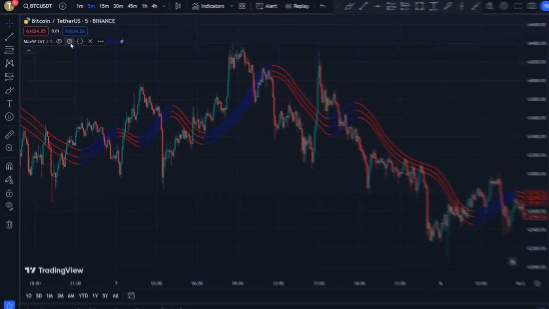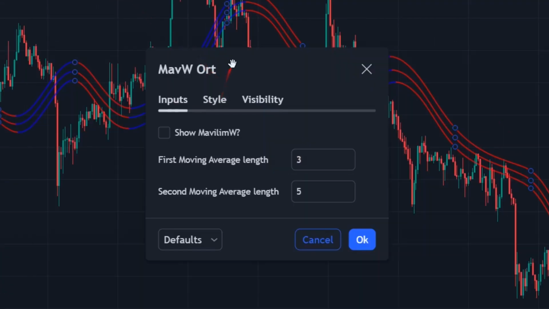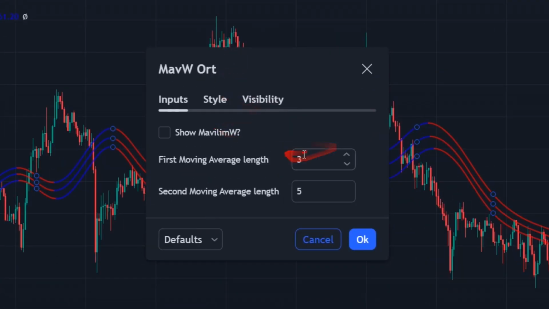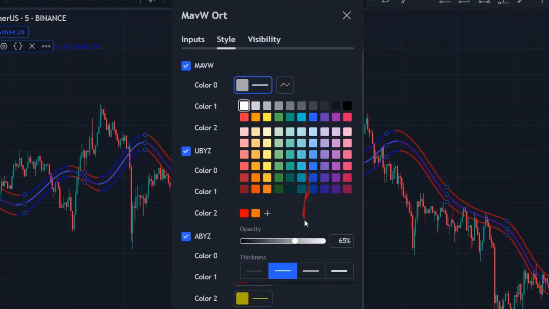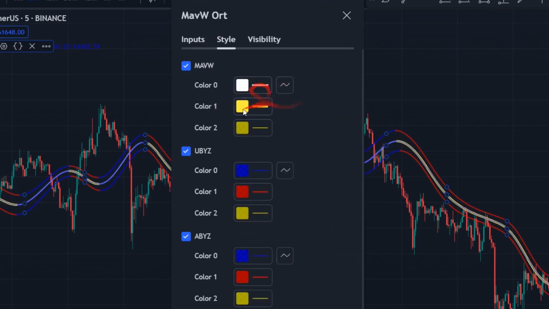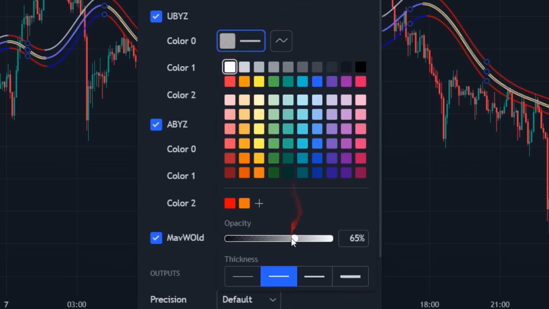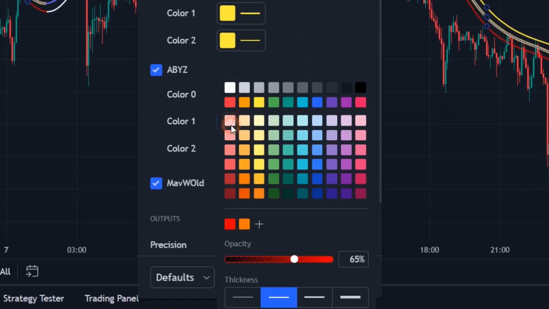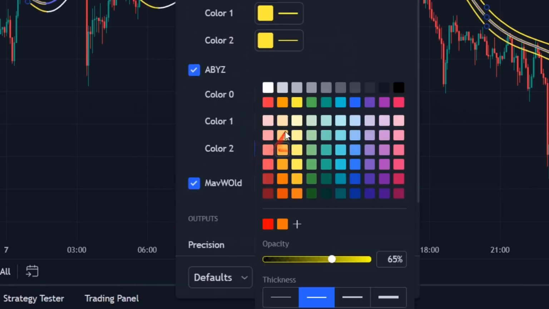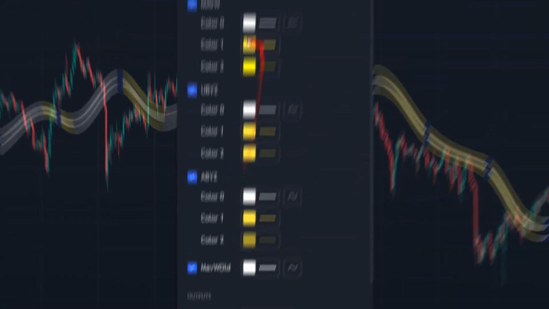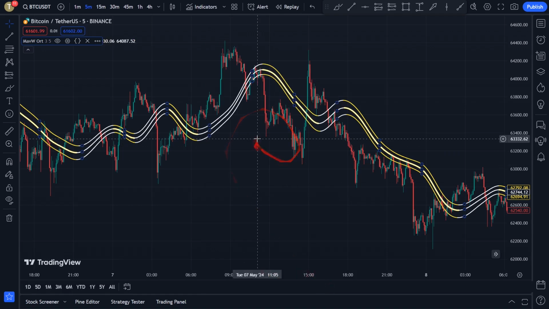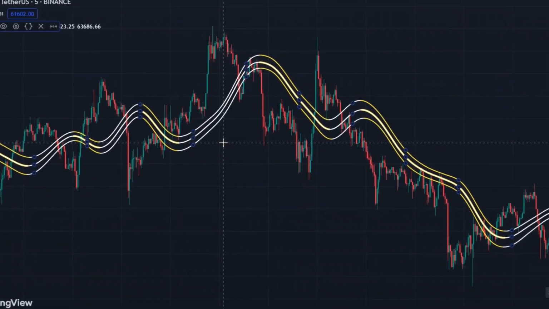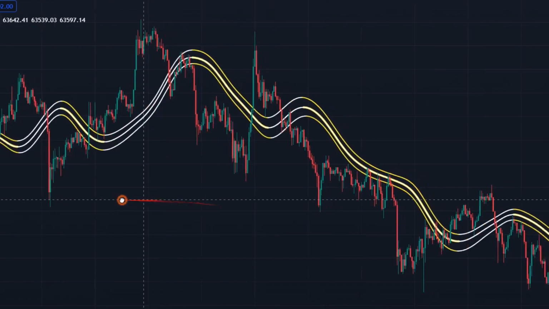Now, we need to adjust its settings. Enter the indicator settings and make the necessary changes as you can see. Well, now we need to know where to get help from this indicator, and that's why I will explain this